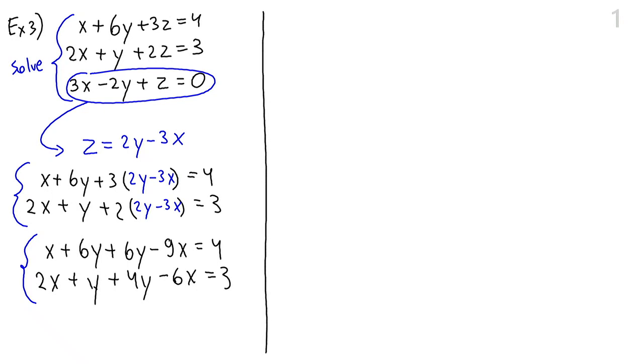Let us continue simplifying. What we have, putting all the terms together, is a system of negative 8x plus 12y equals 4, and the second one is negative 4x plus 5y equals 3. And now this is our system,